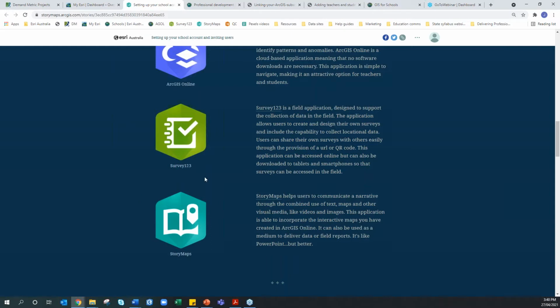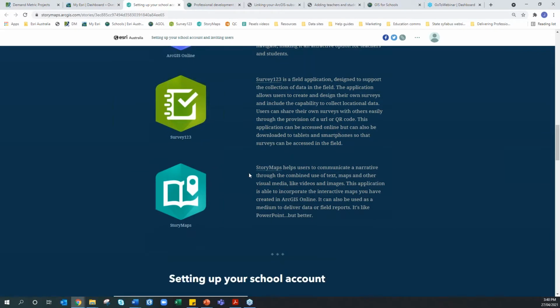Cool. Getting back to it, Story Maps is I think probably the one that most teachers find exciting. They see another teacher using it, or they've maybe seen a cool example online. This is an example of a story map. It helps users to communicate a narrative through the combination of text, maps, and other visual media like videos and images. The application is able to incorporate the maps that you may have built in ArcGIS Online,